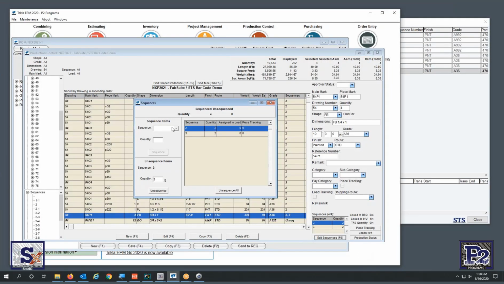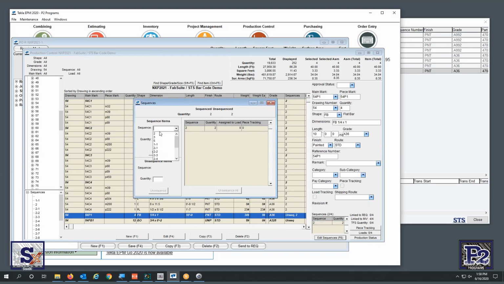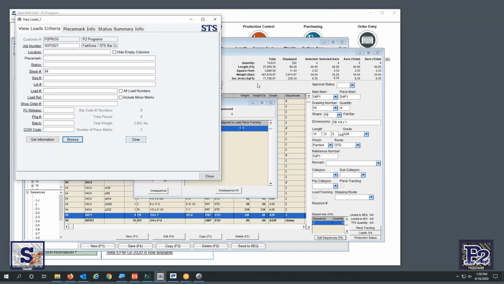Just for grins, I'm going to flip it back. I'm going to choose 3. I'm going to unsequence those. Are you sure? Yes. And then I'll put these back on sequence 2. Now all 4 are back on sequence 2. I will then go over here, I'll close that,